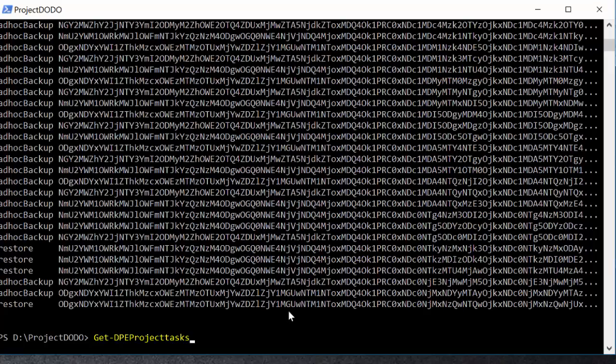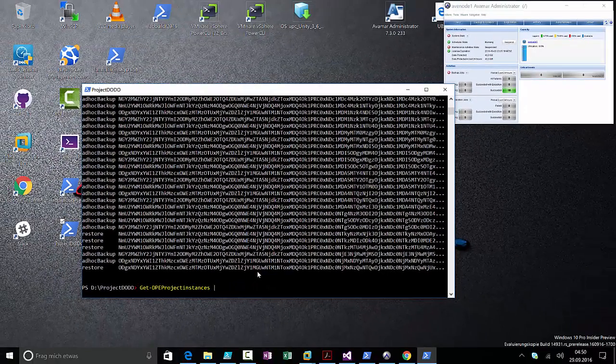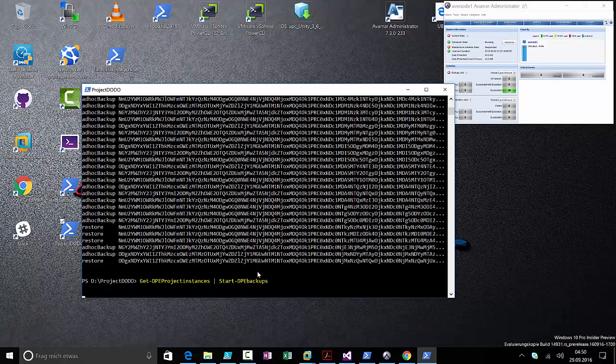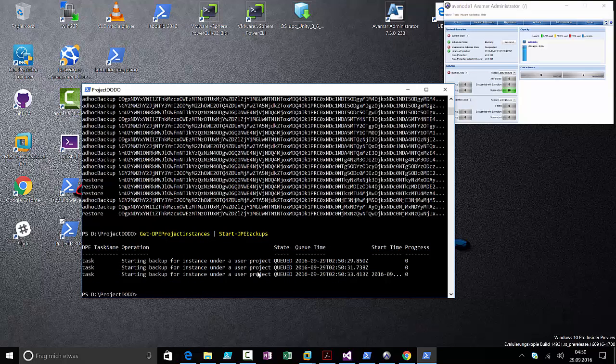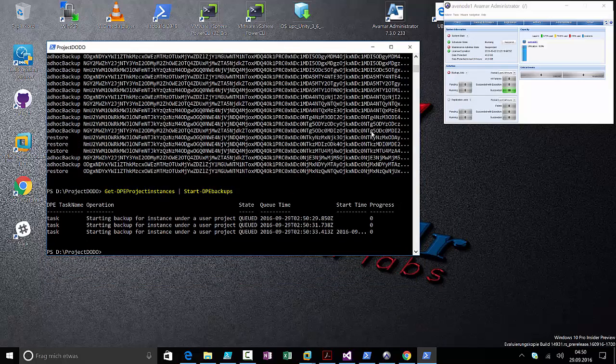So to start a backup, I could simply take all my project instances and do a start DPE backups. The system will now query for all the instances and start the backup for those instances. And you see here it starts with the start time and with the progress. Those backups are currently sent as a work item request to my Avamar server. I can now go out and, as we have seen earlier,